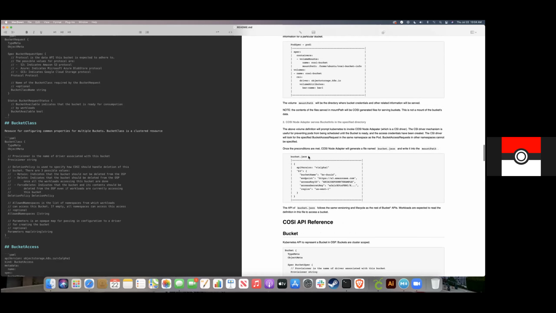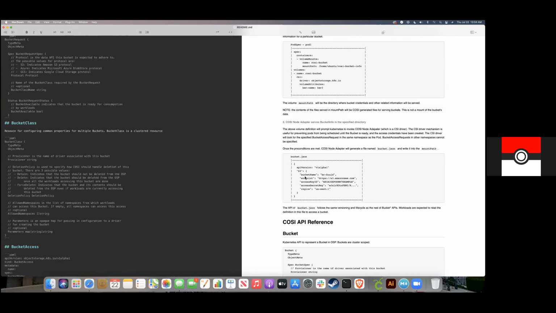Other than that, we talked about bucket info, where earlier we had the object meta and type meta, so kind and metadata name and all that. We also had some fields that weren't absolutely needed here, like the provisioner name.